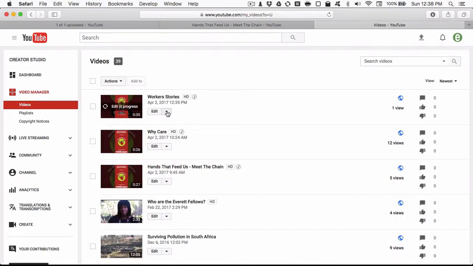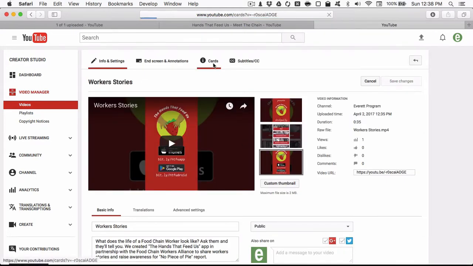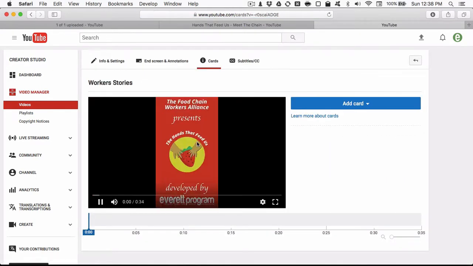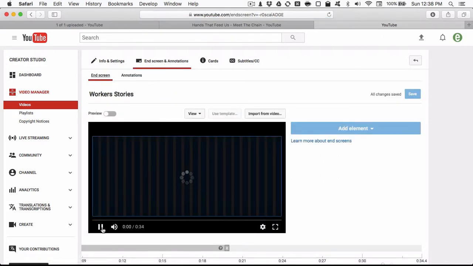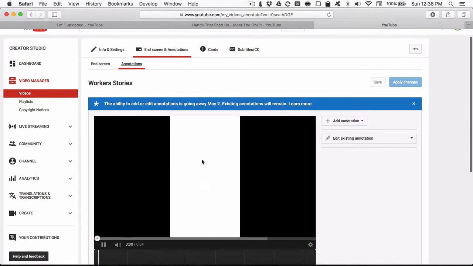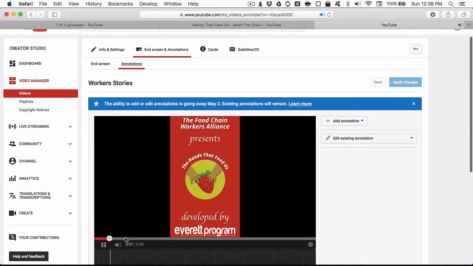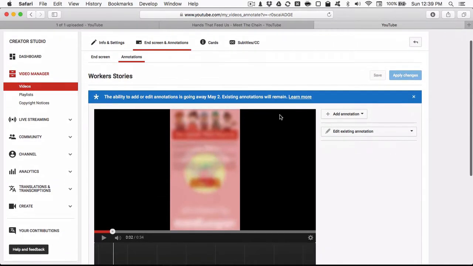And one last bit of stuff. We're gonna add cards. End screen and annotations. Sometime we'll make a video about end screens, but annotations, they're those little boxes that show up over the video. You've been seeing these for the last few years, but so I was going to add some,